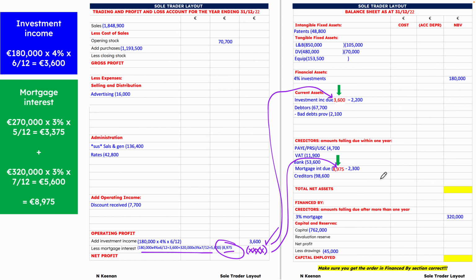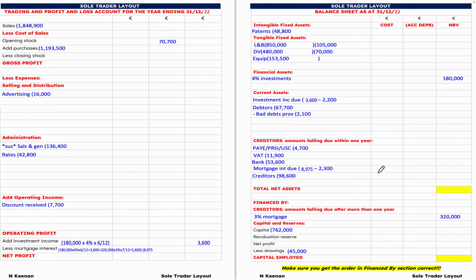It's going to be a valuable step for you to get into the habit of doing when you get into your section 2 questions of the course. So this is what your final accounts are going to look like after step 1, 2 and 3. And also I forgot to mention at the start, when you have your layout, very, very, very important,